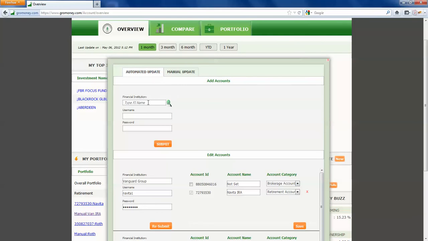For automated updates, you will enter your financial institution name here, click on the search icon, and then select that financial institution from the drop down, and then enter your username and password. And there, once you hit submit, all the accounts that you have with that particular username password show up, which you could then select as shown here and select the right account category for that